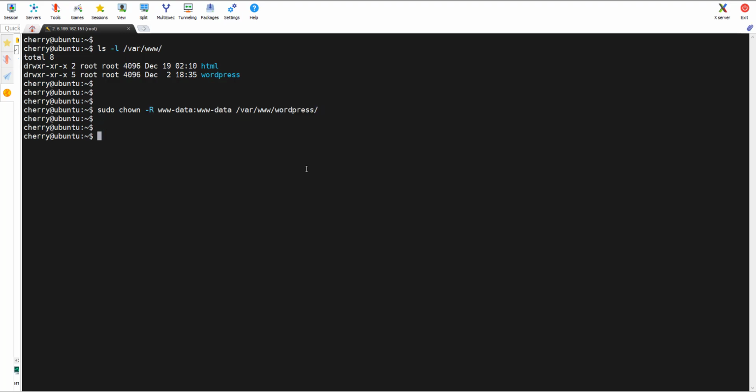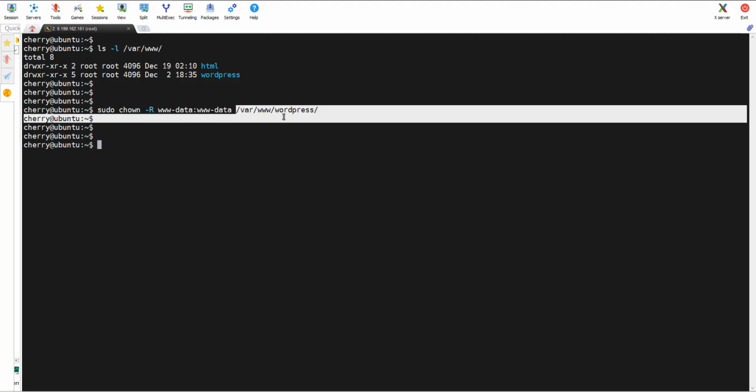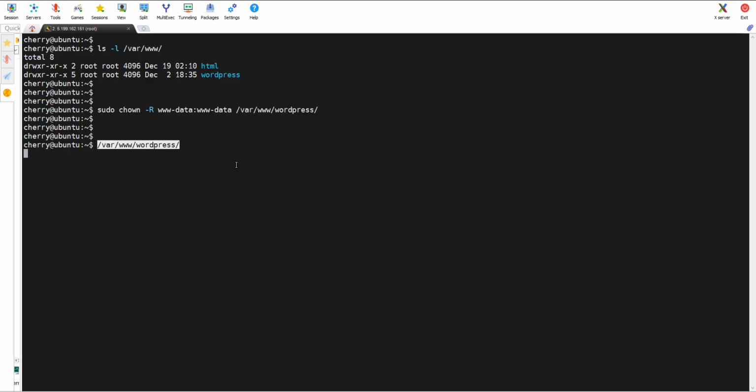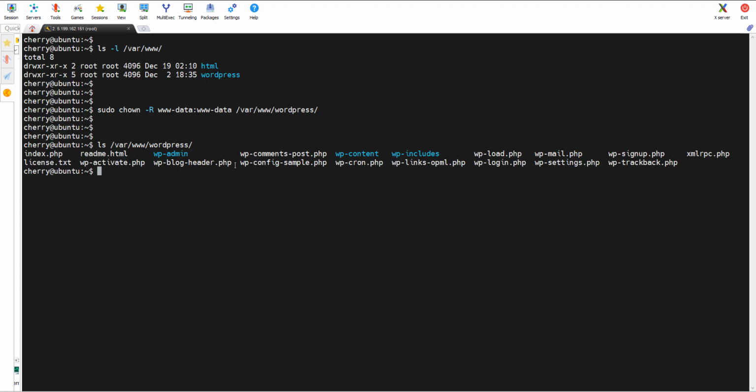Okay, now once that is done, we are next going to configure the WordPress configuration file, which is the wp-config.php file. So I'm going to use the ls command to check the contents of the WordPress directory. So here I'm going to hit enter, and as you can see, we have this file here,